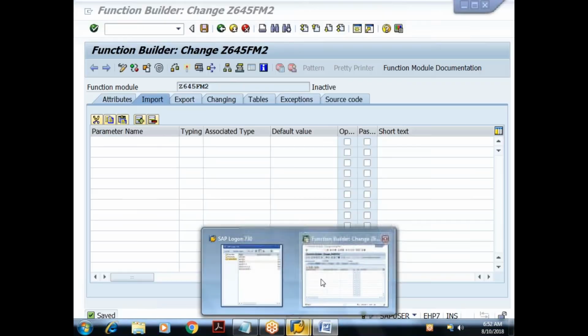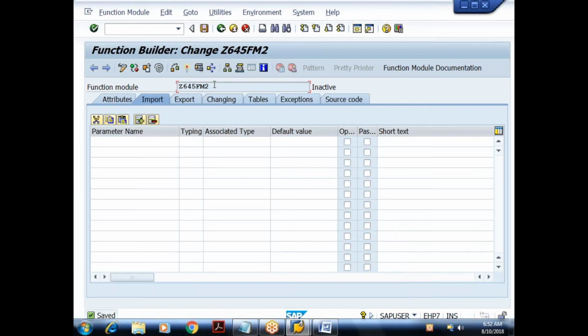Now my requirement is this function module should accept two input values of type integer. It has to perform the sum of those two values and also the difference of those two values, and it has to return that sum and difference. Understood?